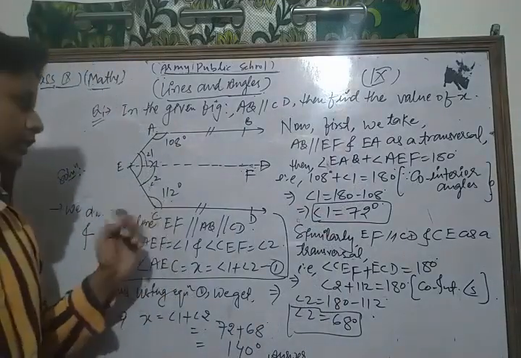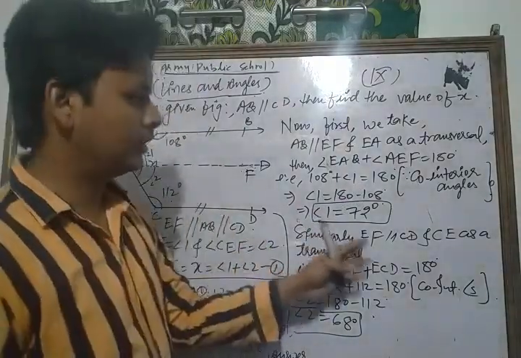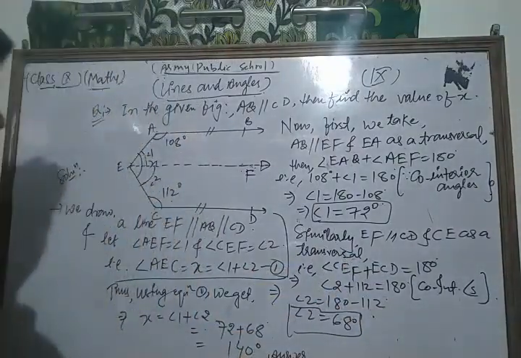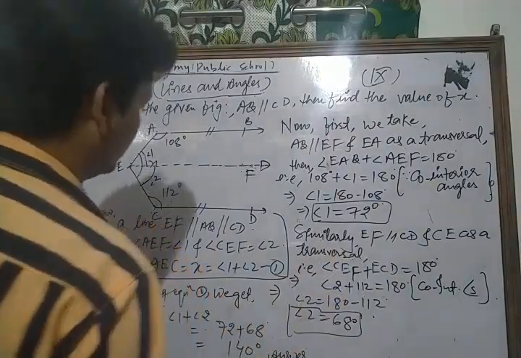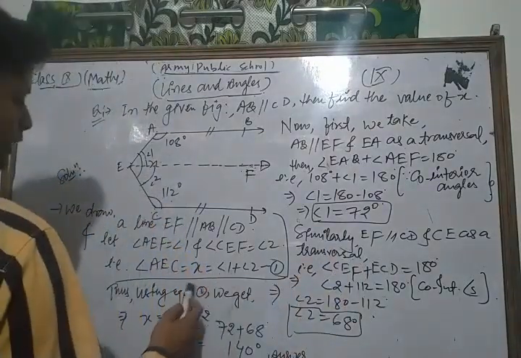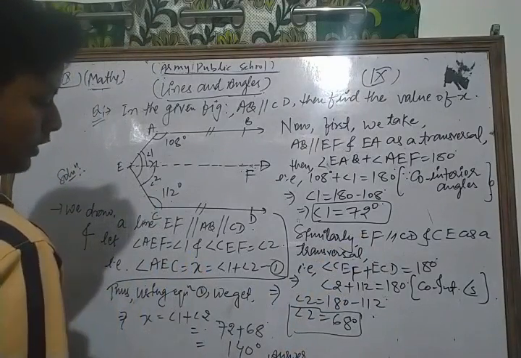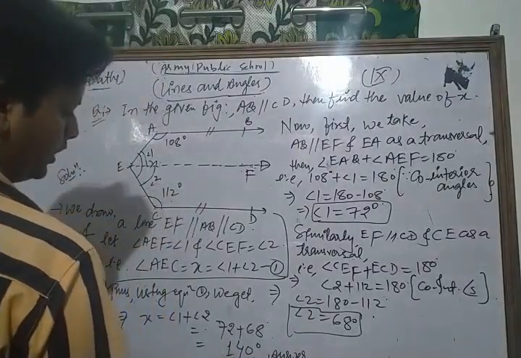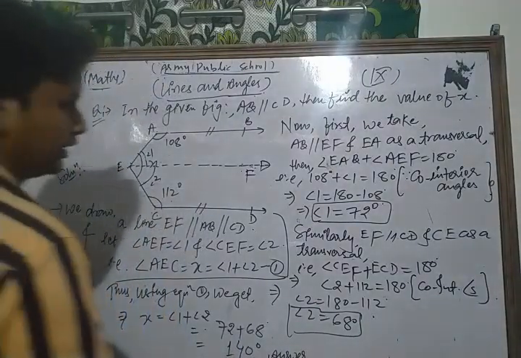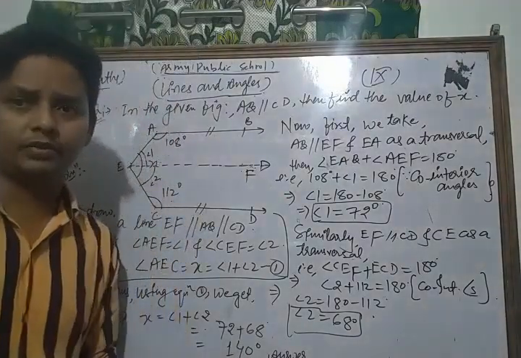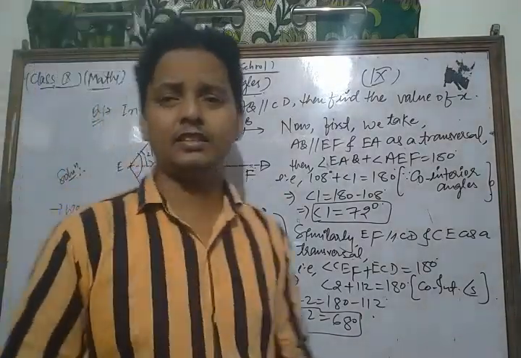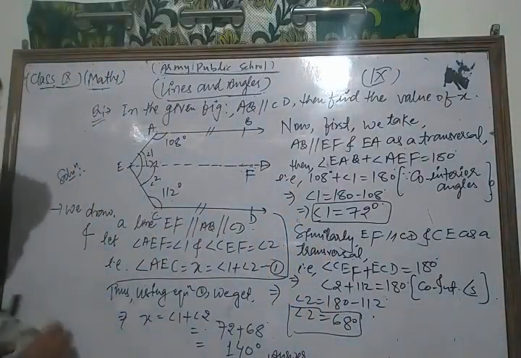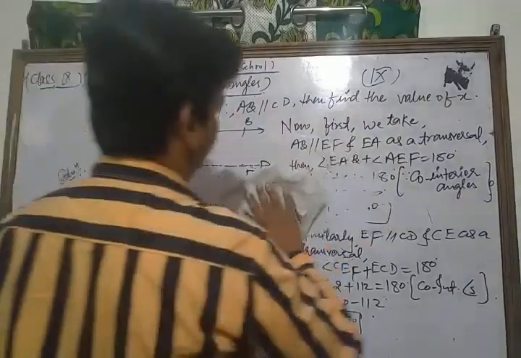Similarly, here angle 2 and 112 are also a pair of co-interior angles. So again we apply that condition and find angle 2. Now using equation 1, we put the values of angle 1 and angle 2 in x. So this is our required solution of the given question: 140. So using this method you can solve each and every question of your NCERT exercise based on these topics. Now we take and solve some other important question based on angles made by the transversal. Let's see.